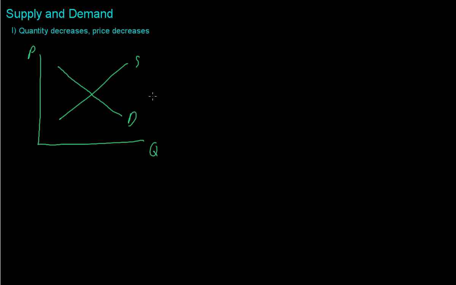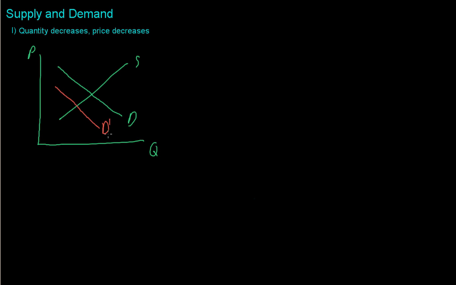What would cause quantity to decrease and price to decrease in the supply and demand model? The thing that will do this is a decrease in demand. So if demand goes from this green line, which I've labeled D, to this red line, which I'll label D prime,